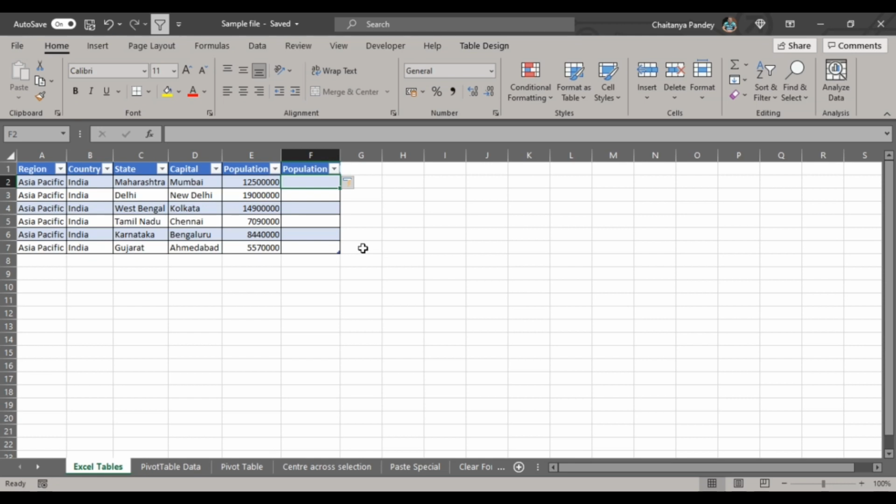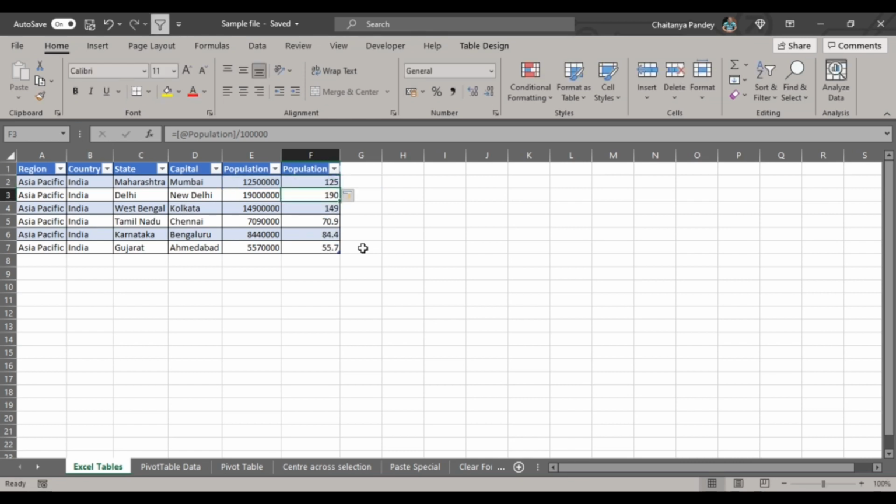If you enter the formula in only one cell, it will be repeated across cells. So I need to only divide this by 1 lakh in order to convert this into lakhs. And if I hit OK, the data will be filled in the cells beneath the cell over which I am typing.